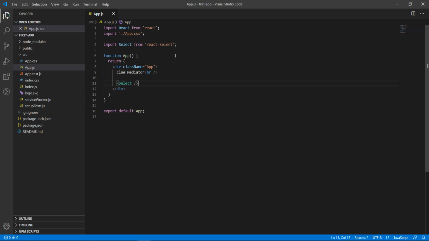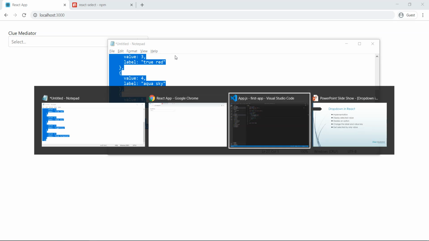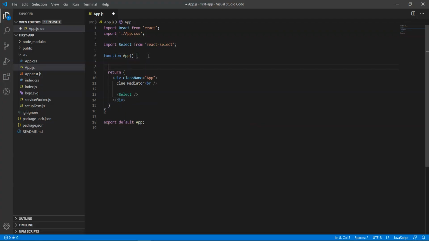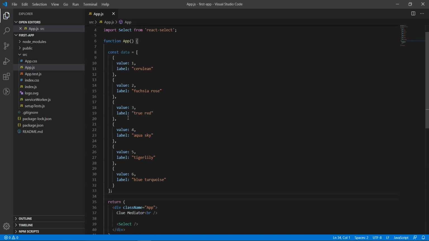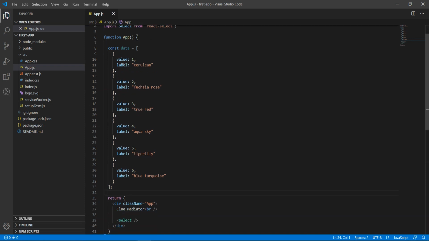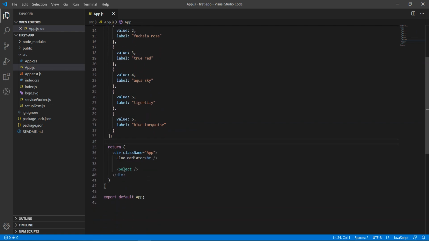For demo purposes I'm going to use one static list. So here is the list. In the list you can see the value and label are available. This is the whole array that I am going to add in the select drop down.